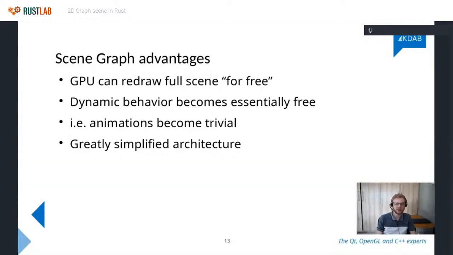And the other advantage is really just greatly simplified architecture. You don't need this complex monster which translates between imperative drawing calls and GPU primitives. Something like Flutter can actually give you smooth animations, and the way they do that is by being very clever about where they inject GPU usage. Browsers as well, they put things on different layers, and then they actually use the GPU to move layers and whatever. So the magic really becomes complicated when they try to get these things working. Whereas in the scene graph approach, it's just implicitly there. A very simple engine just gives that to you.